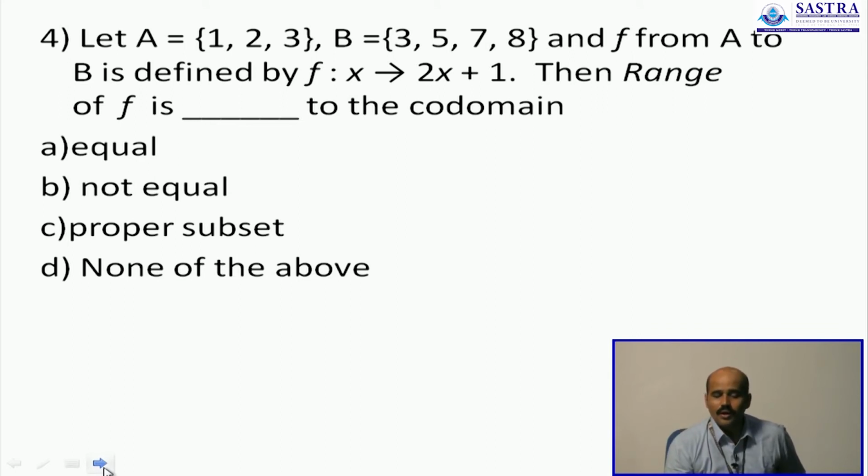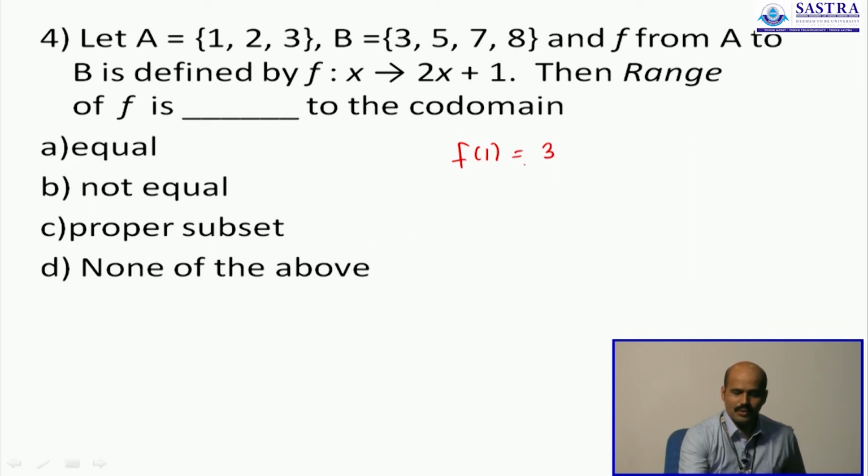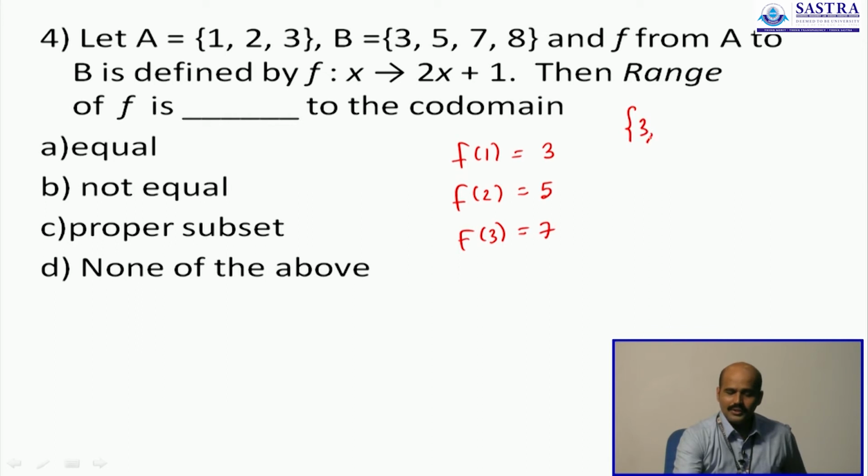What happens here? Now you have the same function between set A containing 1, 2, 3 and set B containing 3, 5, 7, 8. Then what is the range of f? If you can recall, the range is the set of all images. Now what is the image of 1? f of 1 is 2 times 1 plus 1, that's 3. f of 2 is 2 times 2 plus 1, that's 5. And f of 3 is 2 times 3 plus 1, that's 7. So the range is actually this set, f of 1, f of 2 and f of 3 put together,